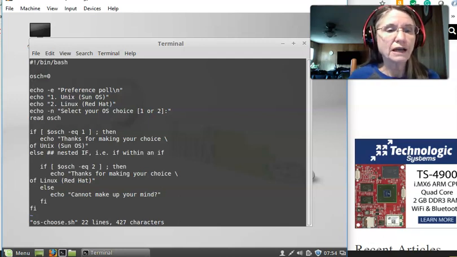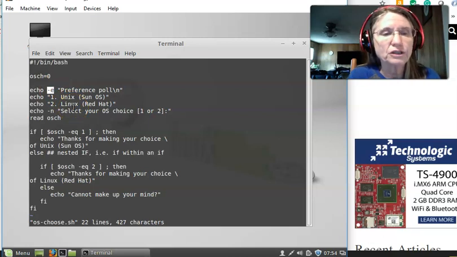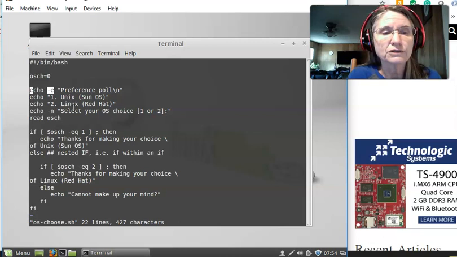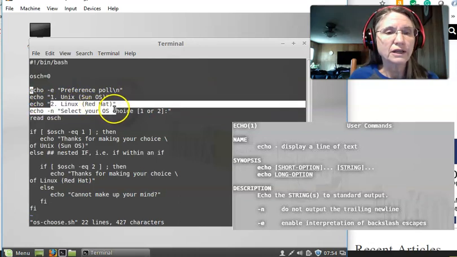We are using the echo with the -e, and I want you to look that up on the man page, the -e flag, and we are outputting to the screen the title of our exercise, which is just preference poll, and then the 2 numbered lines for the Unix and the Linux are output